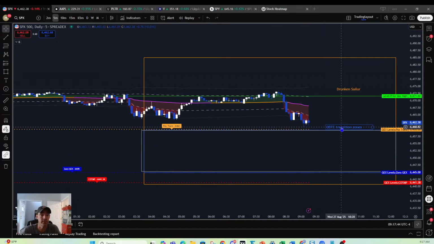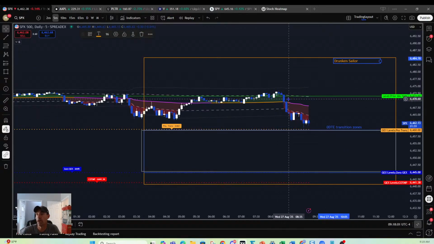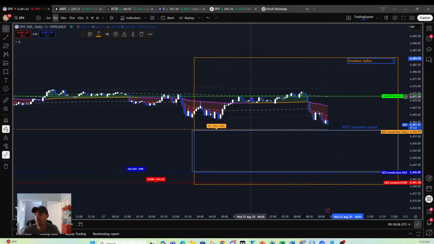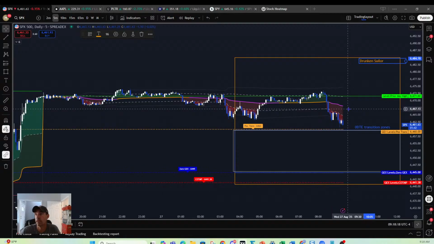As long as we're staying above transition, obviously we wait for the opening range to clear. The market on open orders and books, we usually wait 15 to 30 minutes, and then we start getting our intraday volume metrics to really start setting our course and plotting our trades for the day. So drunken sailor range up there, and then you see prior day high. I like to mark those nice TA levels. Again, when we see a confluence of price action as well as a key level, again, gives us greater confidence if you're a TA trader. Our gamma and delta levels, as well as sentiment structure, overlay very well with most trading plans that people use.